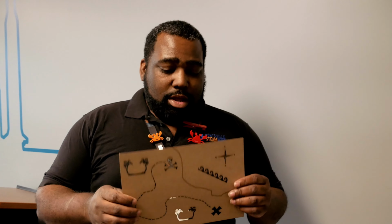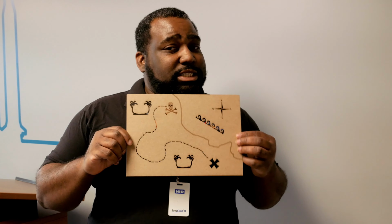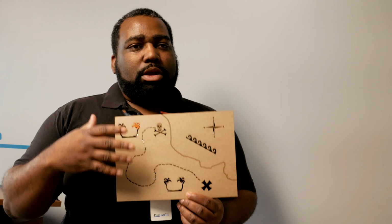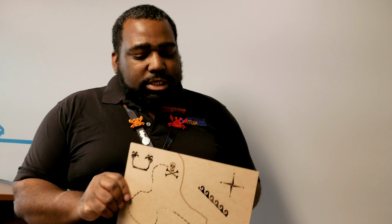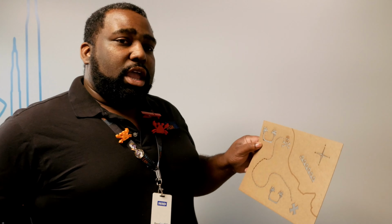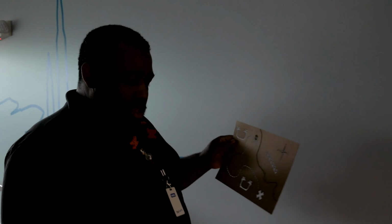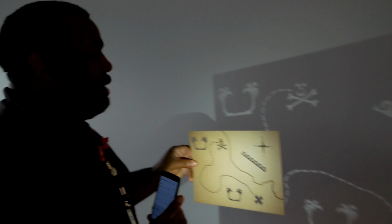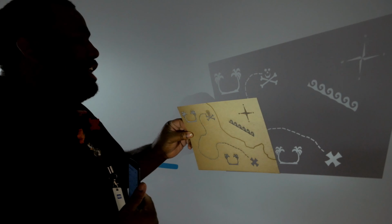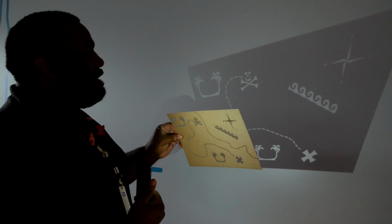Like I said, this has a little bit of a secret to it. As you can see, we got our skull and crossbones, our compass rose, all that fun stuff. But if you take a regular phone flashlight and we turn the light off, we can actually do something real neat. Yeah, so we designed this to make a projection map